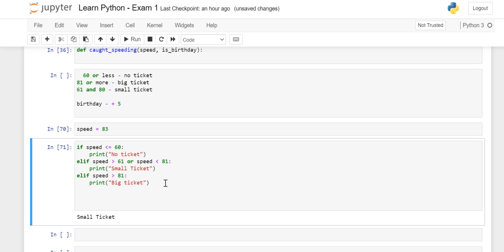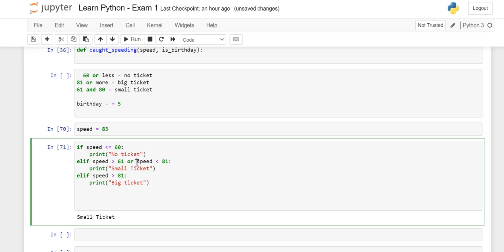The speed is 83, and the condition says speed should be greater than 81. But still I got the small ticket.